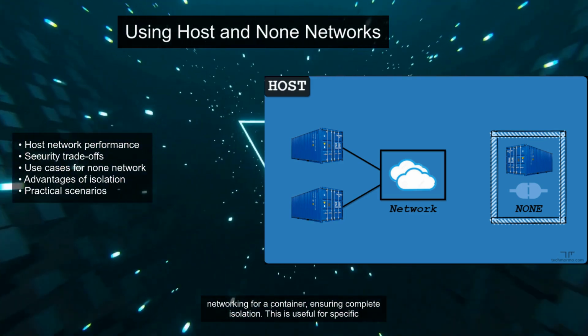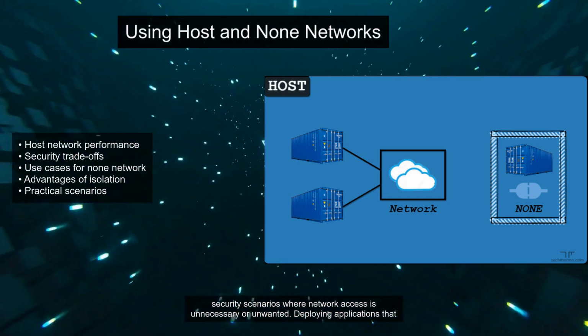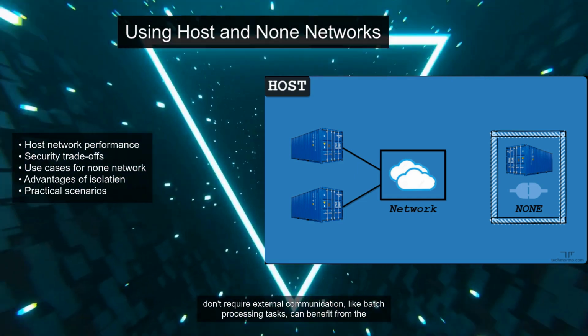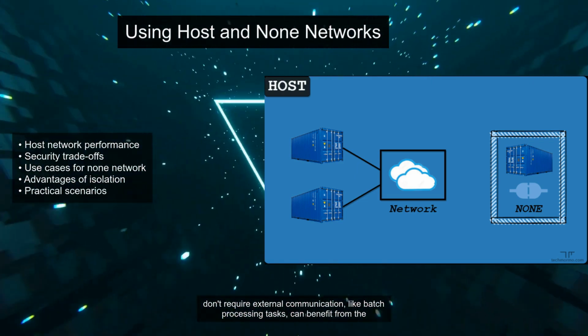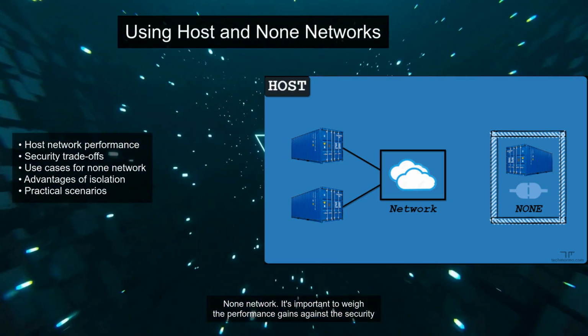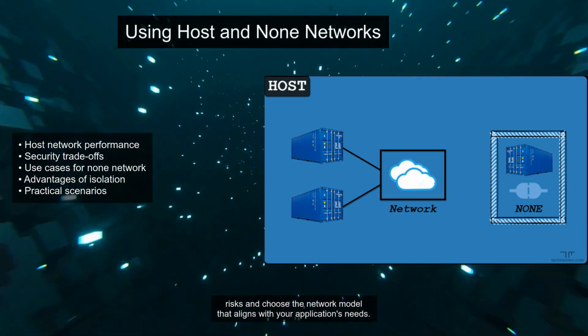Conversely, the none network disables networking for a container, ensuring complete isolation. This is useful for specific security scenarios where network access is unnecessary or unwanted. Deploying applications that don't require external communication, like batch processing tasks, can benefit from the none network. It's important to weigh the performance gains against the security risks and choose the network model that aligns with your